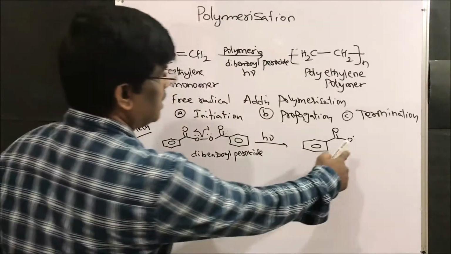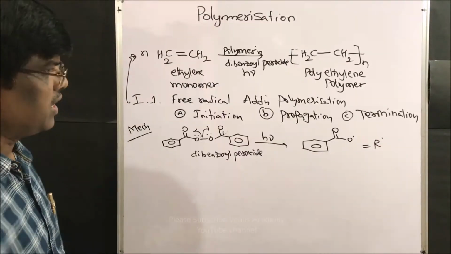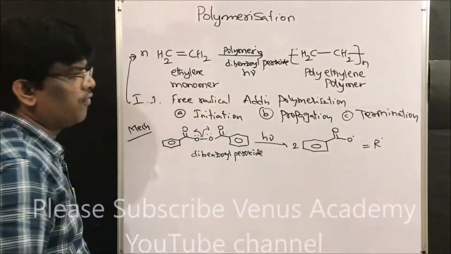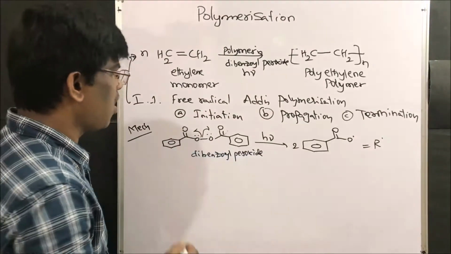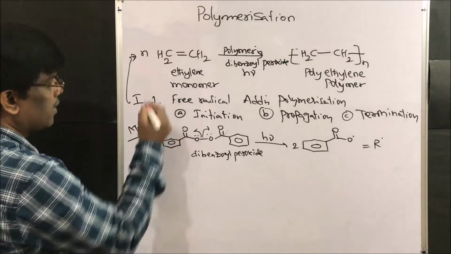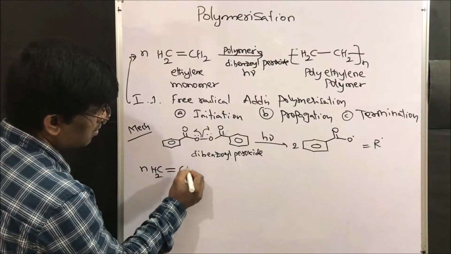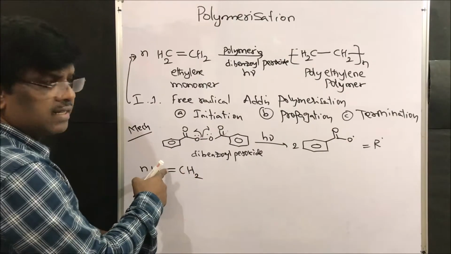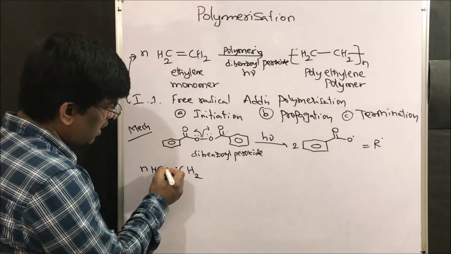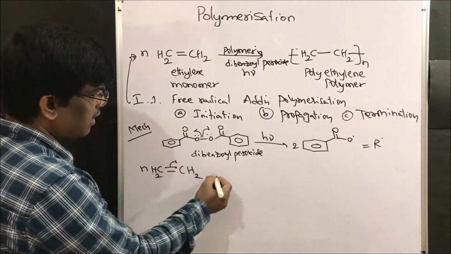Right? So this free radical, I can write it as R. This is the initiation step. So 2 moles of this free radical are going to be formed. This is R dot, a free radical. So when it goes to CH2, this double bond can be drawn like this, right? It is going to cleave under light.